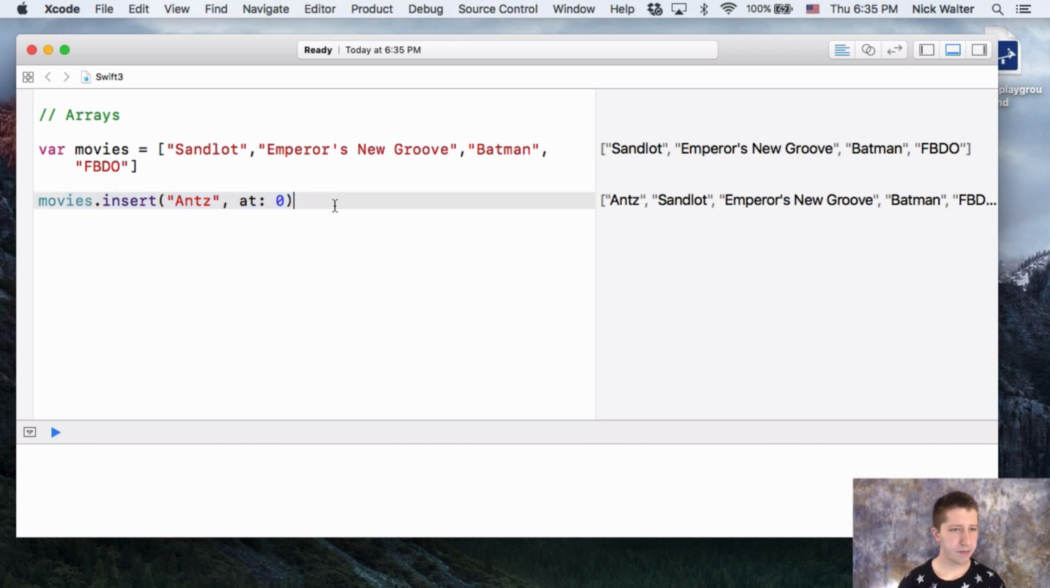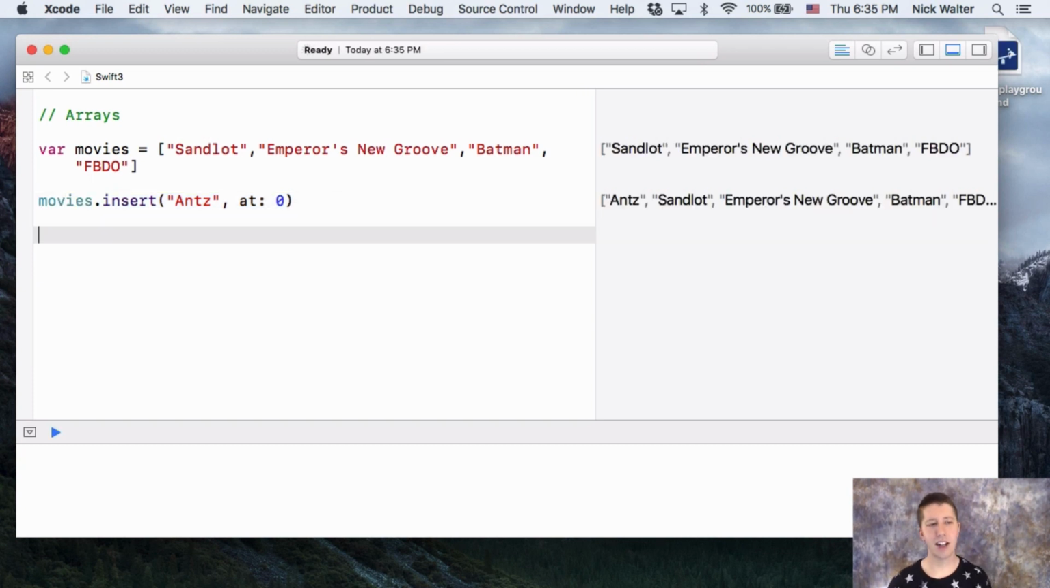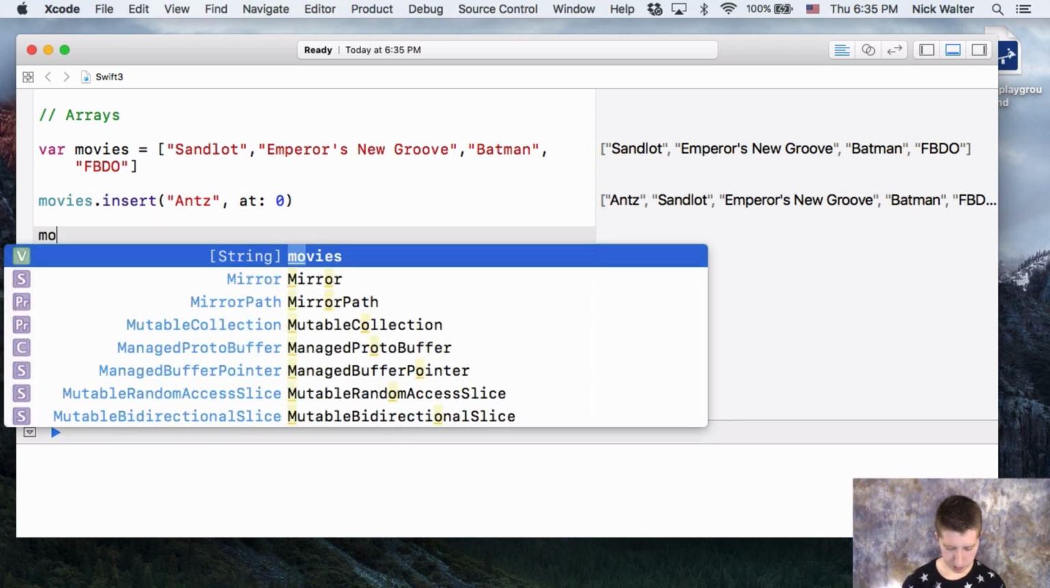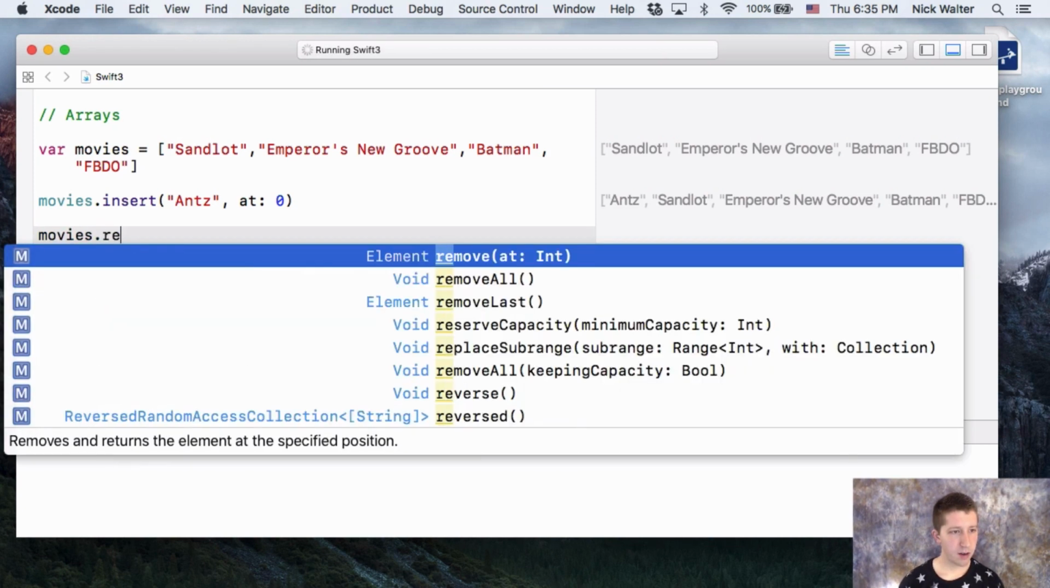So let's say we put ants into here and we decided, you know what, that was a big mistake to put ants in the list. I put it in at number 1. It shouldn't even be number 1. I want it completely off my list. Well, the way to do that is pretty simple. We just type movies.remove,